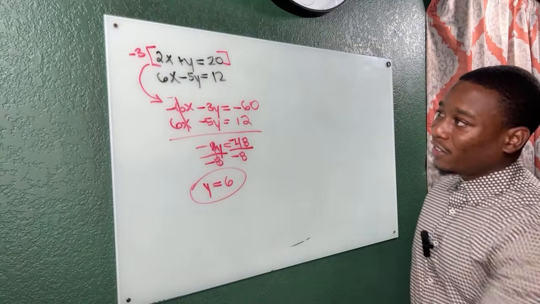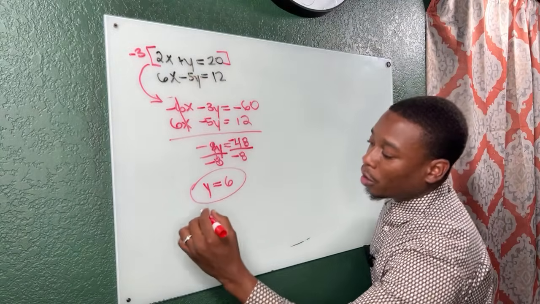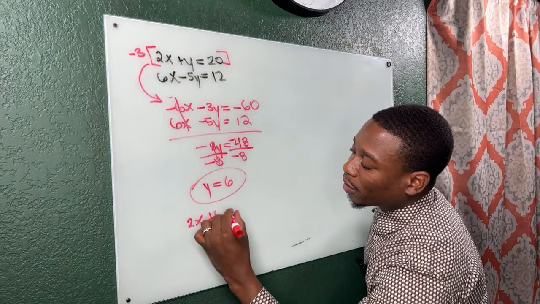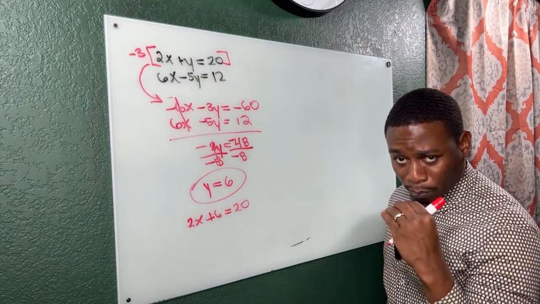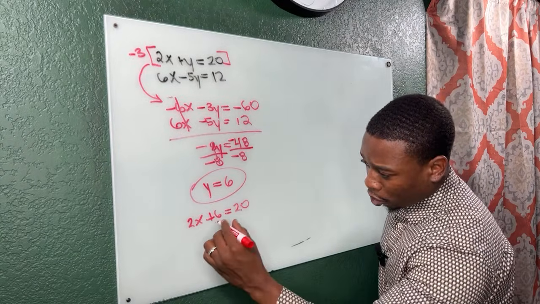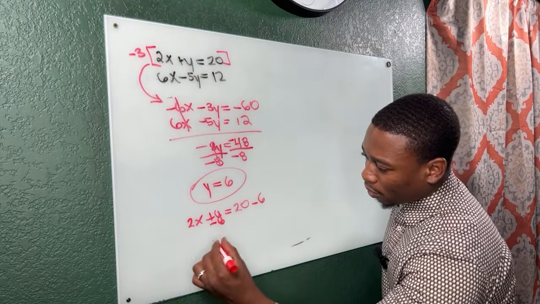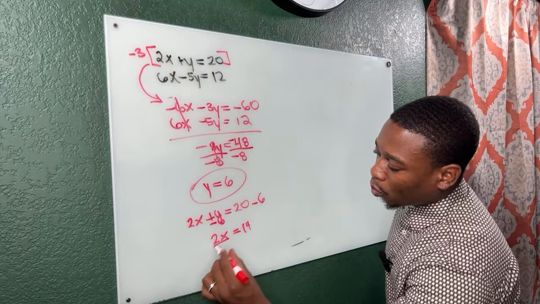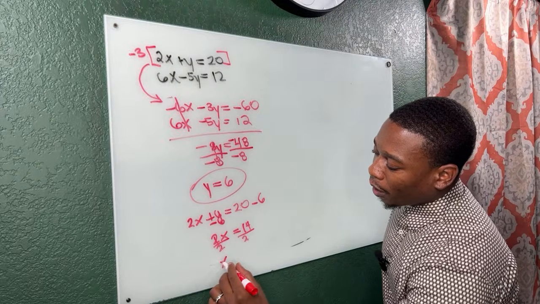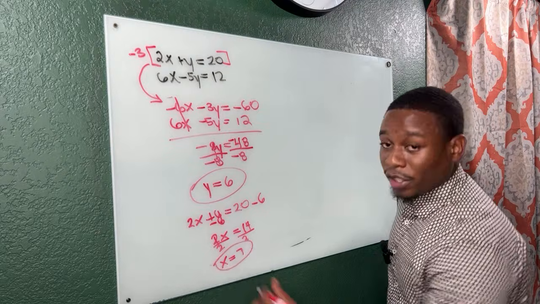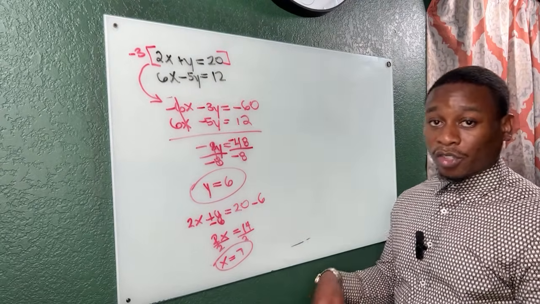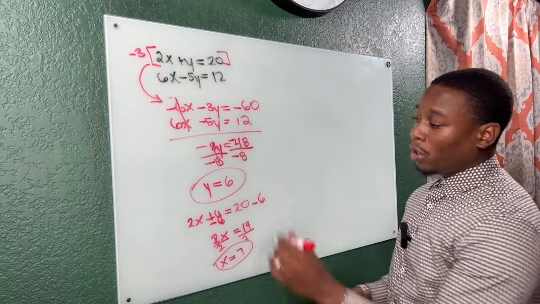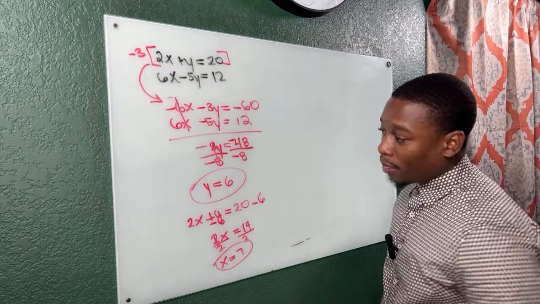Now that we got that, let's just go plug it back into the simple equation. So now we have 2 times x plus 6 is equal to 20. We're plugging it into the original equation. We subtract 6 on both sides. 2x is equal to 14. Once we divide by 2, x is equal to 7. Please just remember that both of these answers are ordered pairs. So if they ask for the solution to the system of equations, the answer would be